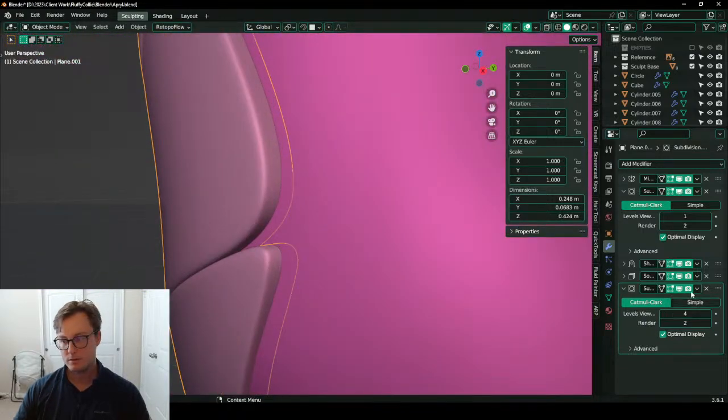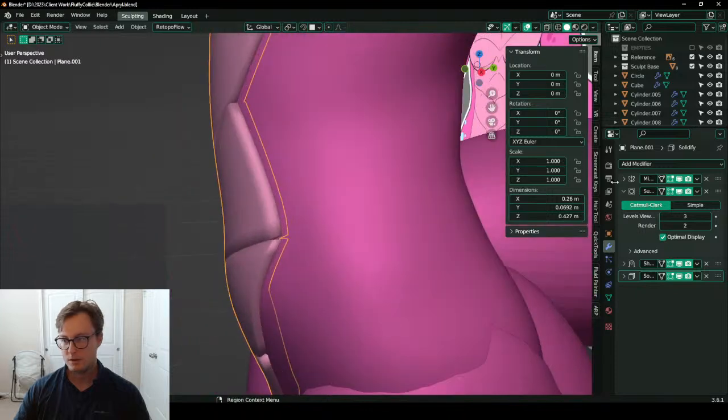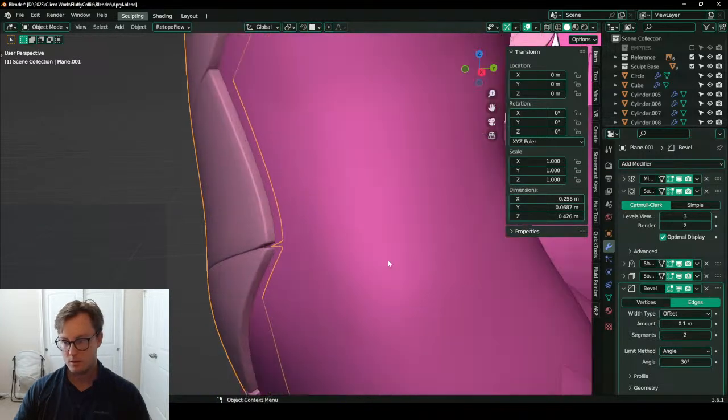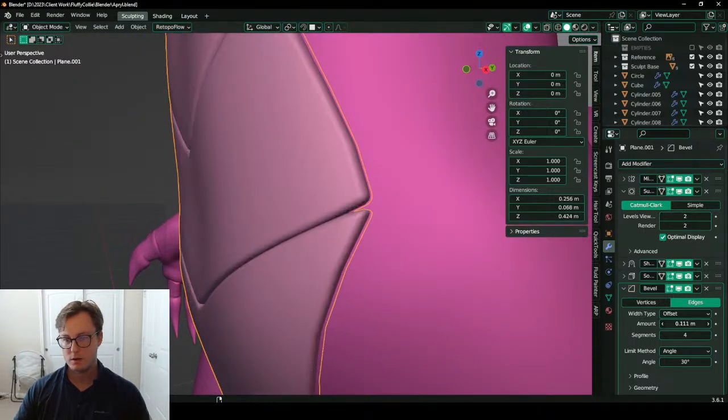No, that's not that round. Darn. Maybe I should turn that one up. Turn this one up a little, and then we'll get a nice bevel mod at the bottom.